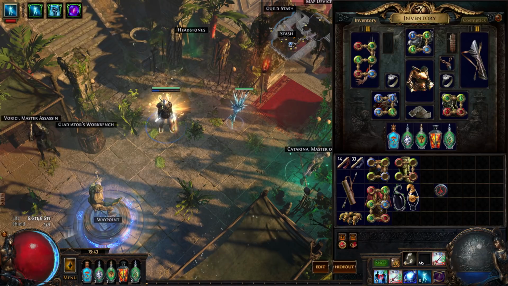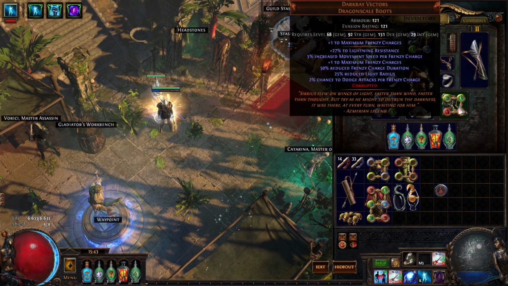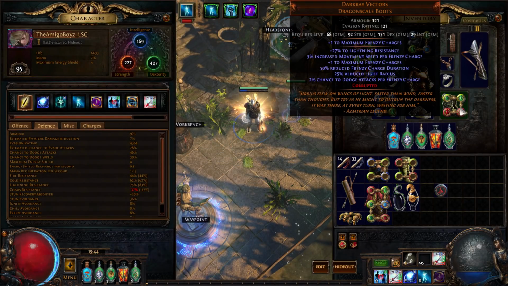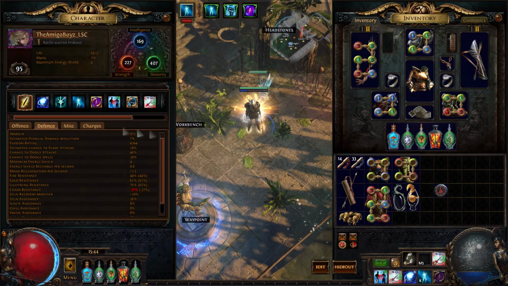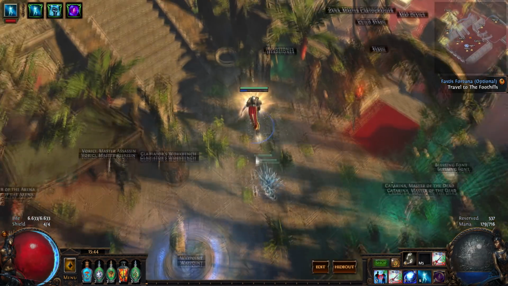First of all, I want to talk a little bit about some of the core stats of the build. The build can reach up to 7k life if you are using some rare items instead of the boots here and so on. The dodge chance goes up, with full frenzy charges, if you're using Dark Ray Vectors with +1 frenzy, to 64% dodge, as well as 5% from the Soul of Lunaris if you've been hit recently. So that's 69% dodge chance and up to